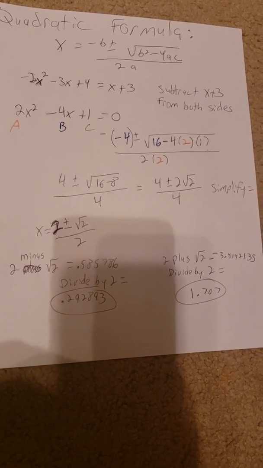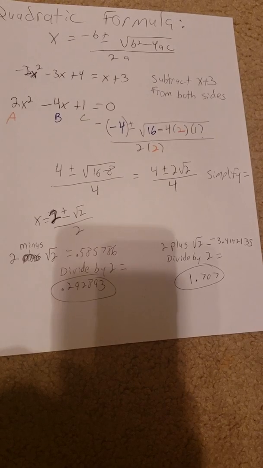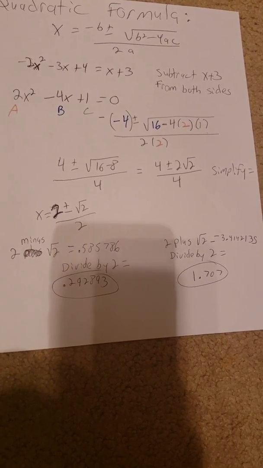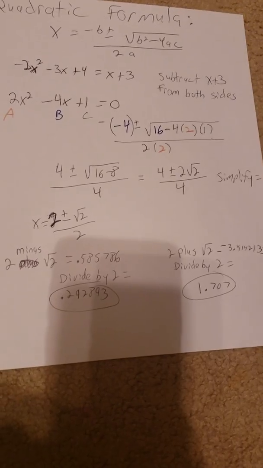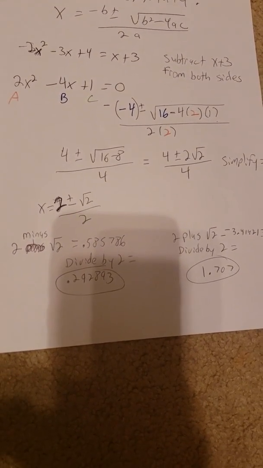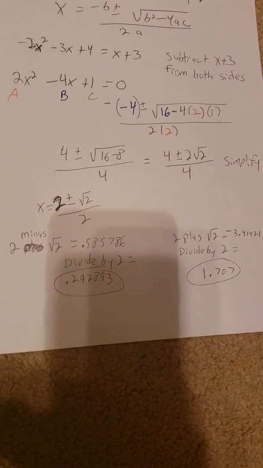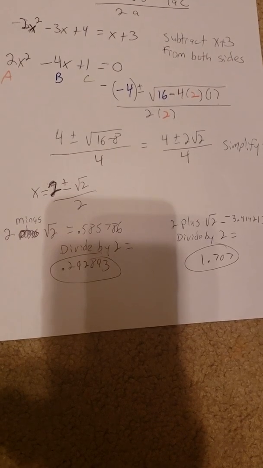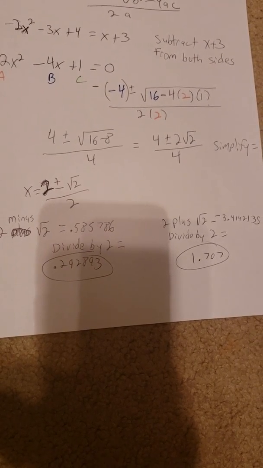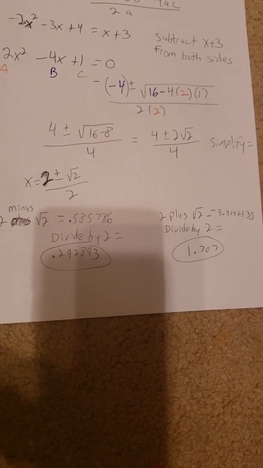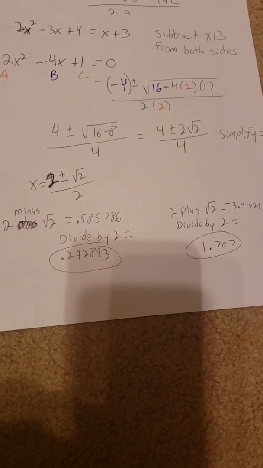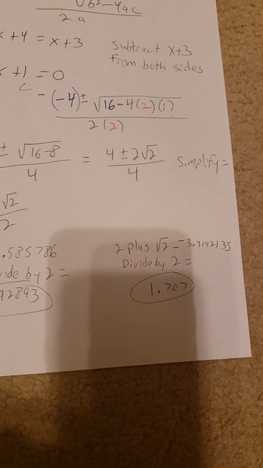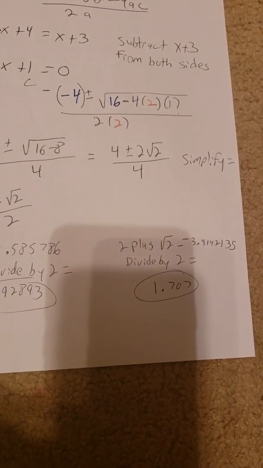Then we're going to simplify that, and that is going to be x equals 2 plus or minus the square root of 2 over 2. Now we need to solve, and once we solve this, it's going to be 2 plus the square root of 2 divided by 2, and that is going to give us 2 plus the square root of 2,